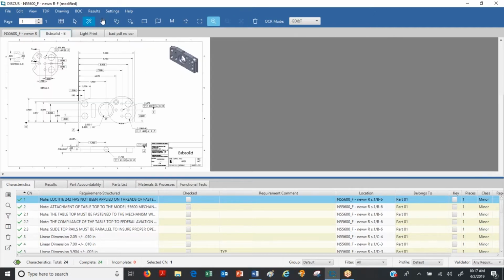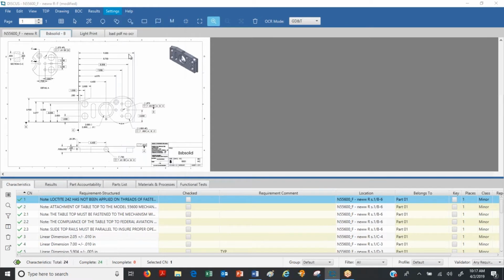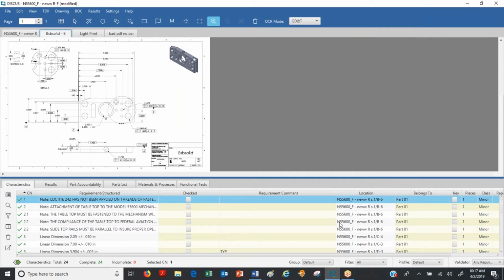That said, let's look at my auto ballooning settings. Auto balloon settings. I like to have about a 120 character width and a strong DPI dot print of 400. I find that this is a good standard for me, and you might want to change that per your drawings. Give it a try and see how it works. So this is my auto ballooning,